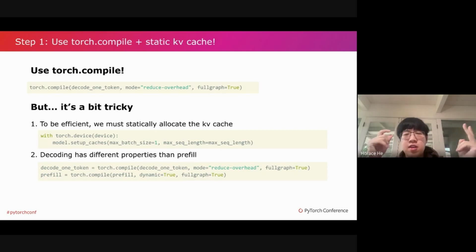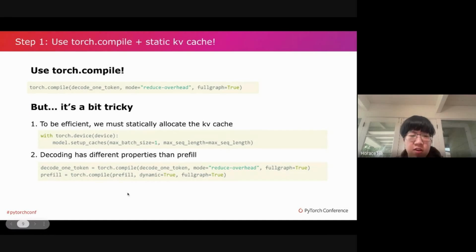The decode is after that, where you need to do another forward pass per token you generate. These two phases have very distinct properties. In particular, the prefill is much more computationally expensive compared to the decode stage,